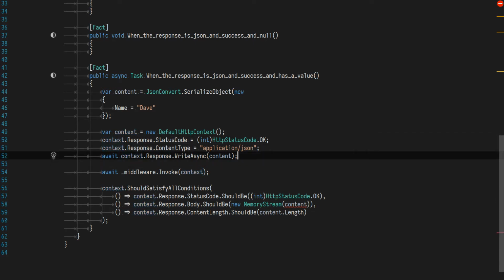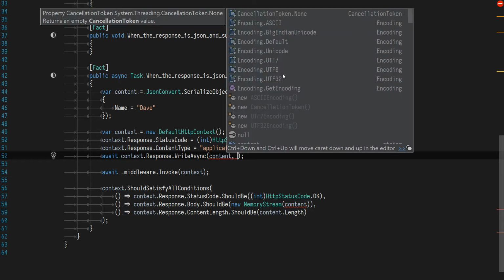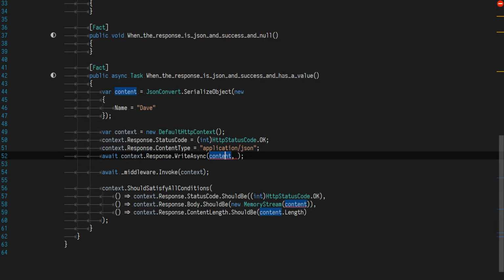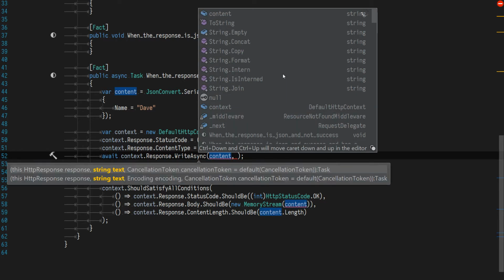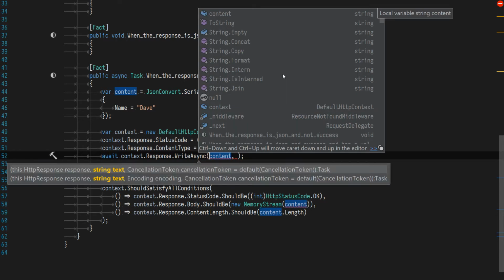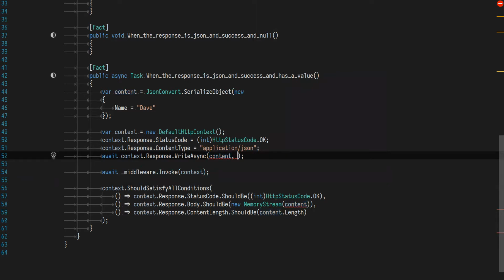And the overloads to that do. Okay, don't tell me what the overloads to that do. Encoding, cancellation token. Don't care about either of those things really. Right. So